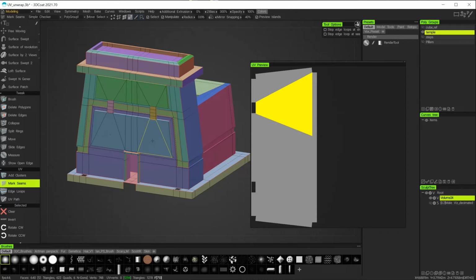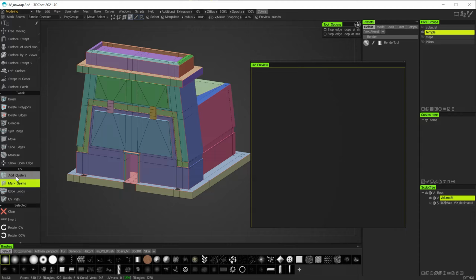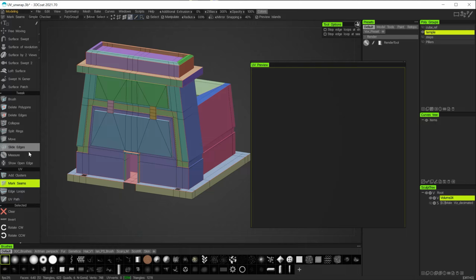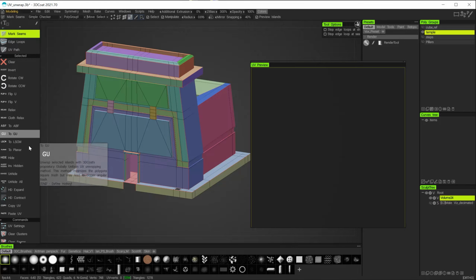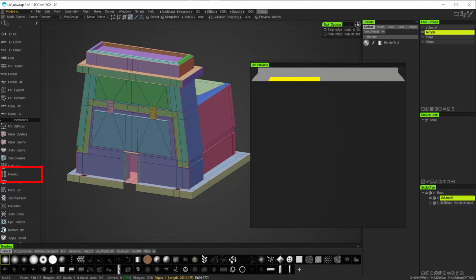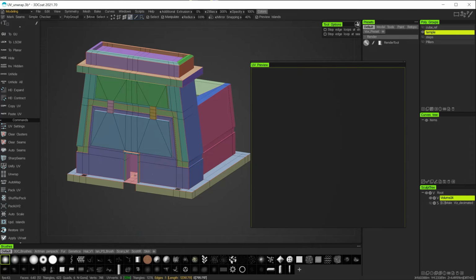So you can see how those islands are unwrapping, which is really nice. Now, there's two things I can do here, a normal unwrap, which is what I'm going to do, or auto unwrap. If I go further down here, you'll see I have an option to unwrap, which is basically going to unwrap based on my seams that I've made, or I could just click this, and if I do this, it's